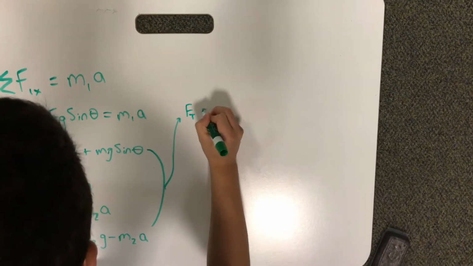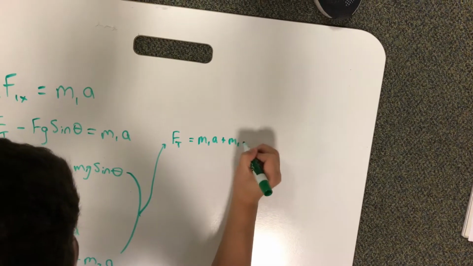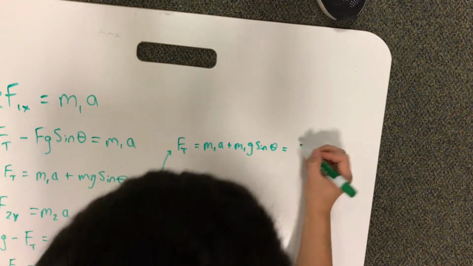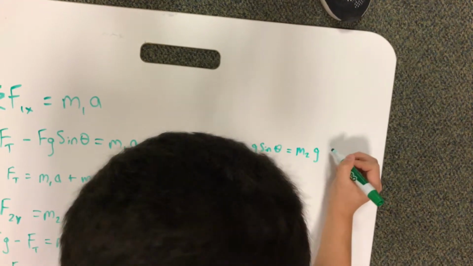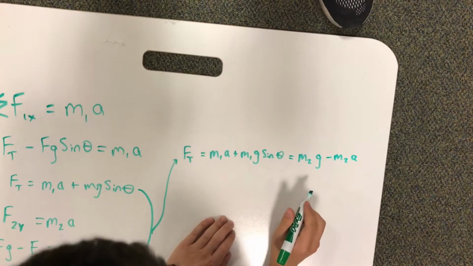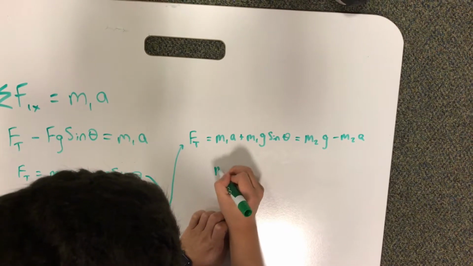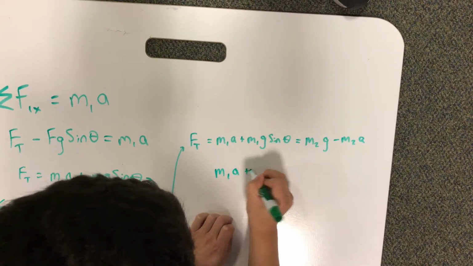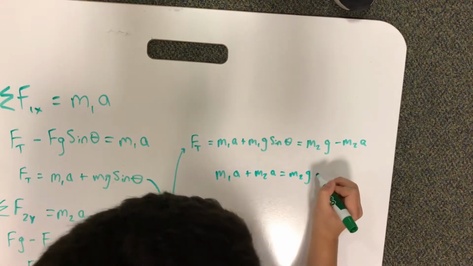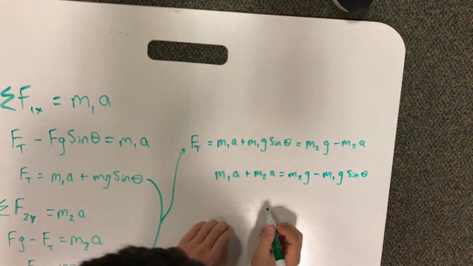So for the last part of this problem, you just take the two equations that you have. Since they're both set equal to the force of tension, you can just set them equal to each other. So you get the force of tension is equal to m1a plus m1g sine theta, and that's equal to m2g minus m2a. And then from here, I just added m2a onto the left side, so I have m1a plus m2a, and I did that because I want to get a on one side, and then that is equal to m2g minus